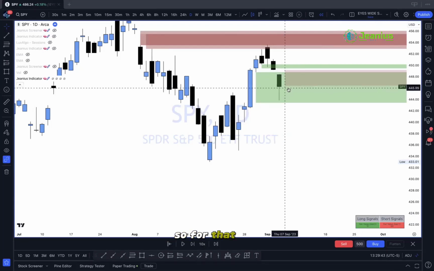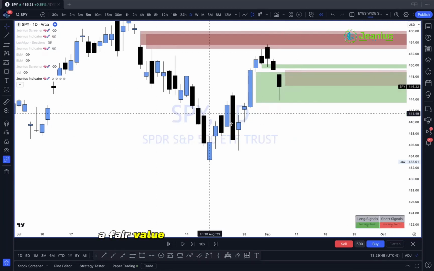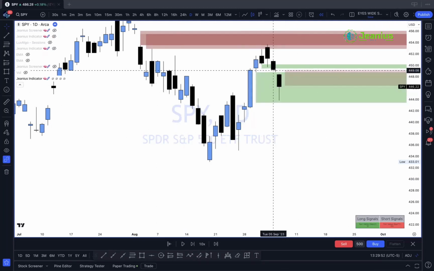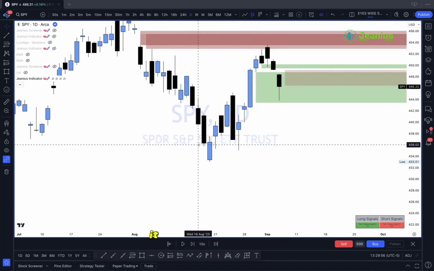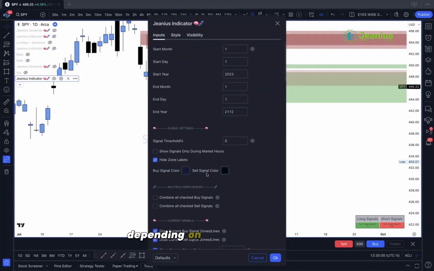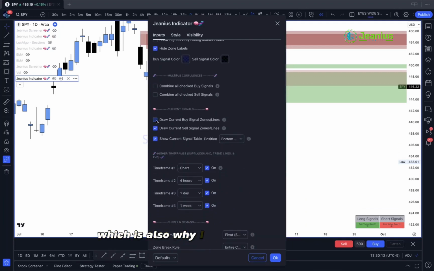So for that day, that moment, that time, whatever time frame, that's the only time you would see a fair value gap or anything on your chart. When it comes to fair value gaps, supply and demands, and trend lines, it would only show up if the current candle or price action, depending on the chart you own, is actually triggering that specific signal: that price is at a support, or price is at a demand, or price is at a supply, or price is at a fair value gap. That's the only time that would happen,